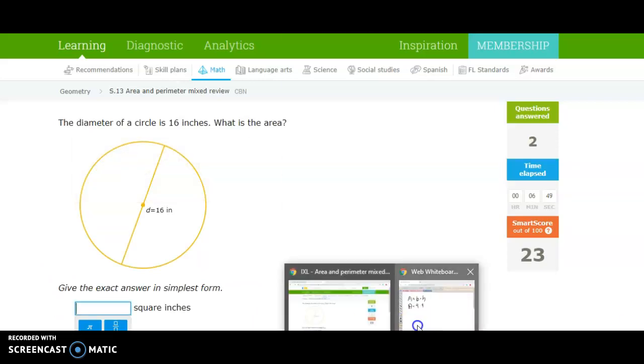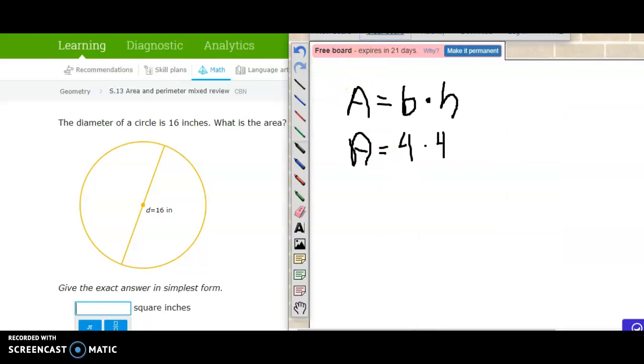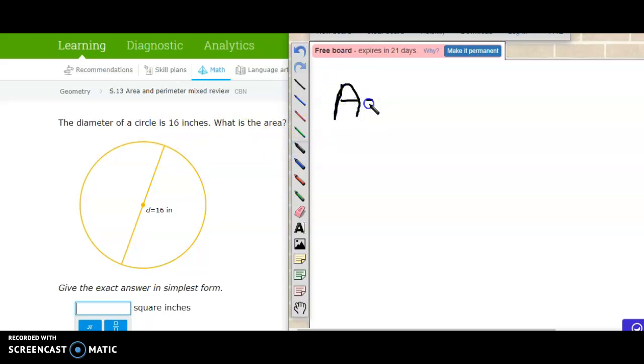Couple other things to remember while you guys are doing this. I would definitely have beside you all the area formulas written down. This question says the diameter of the circle is 16 inches. What is the area? So again, identify your shape. We have a circle. How do you find the area of a circle? That's right, area is pi times your radius